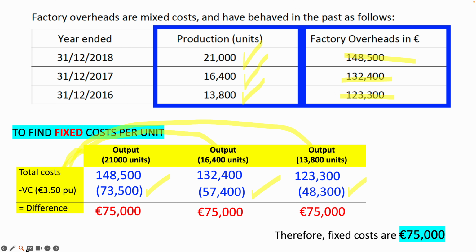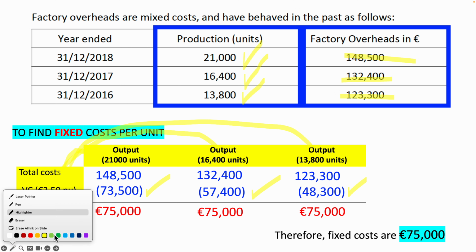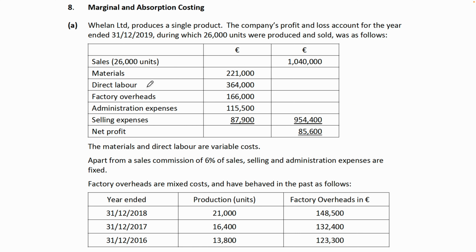So the variable was 350, the fixed is 75, okay? So now that we know that, we know that 350 was the variable in the factory overheads, and then the fixed cost was 75,000, okay? Now, looking at the rest of the question again, we have read it already, but 75k there is